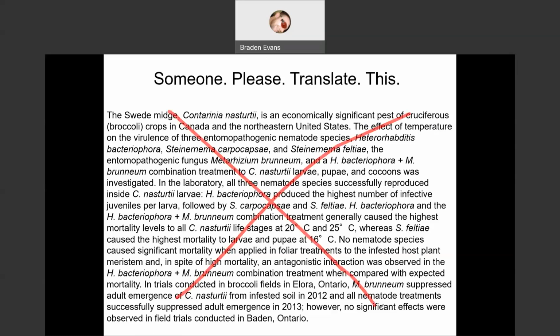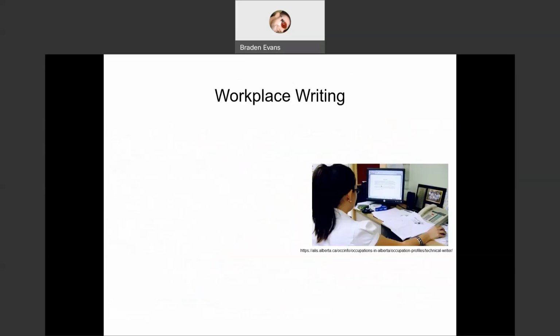Maybe if I'm speaking to another entomologist who has a specific background in entomopathogenic nematodes, like I do, we could speak in those terms, but you would not. This is an excerpt, part of the abstract or introduction from one of my papers. In a scientific community of entomologists, they get it. They understand what I'm saying because they work on this stuff every day. But for everybody else, I need to find a way to communicate this more effectively. And that's what this course is going to teach us. So, step one, if I'm talking to you like that, you can say, Prof, you fail, F for you.